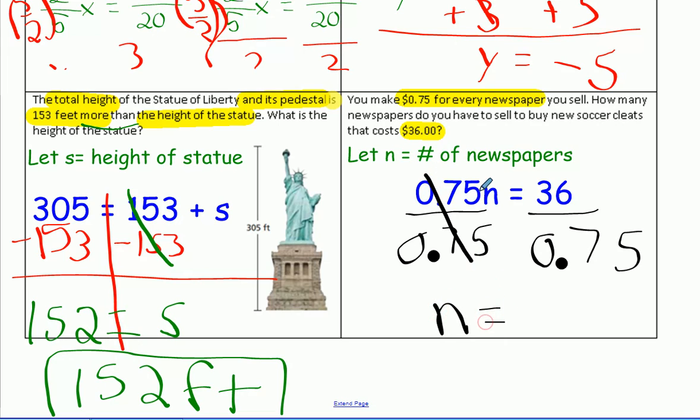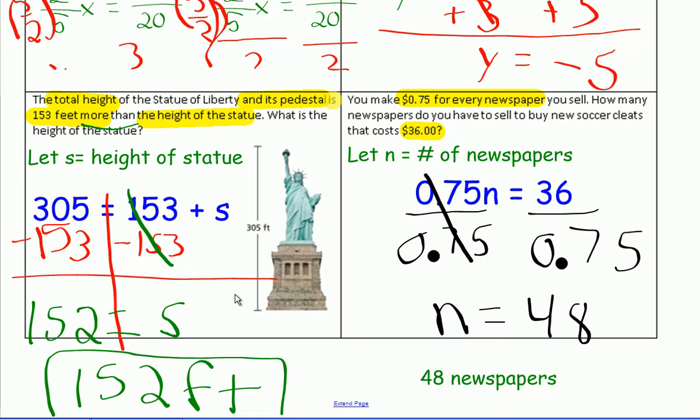I will get 1 when I divide 75 cents divided by 75 cents. The other side, 36 divided by 75 cents in my calculator gets me, and again, labeling my final answer, looking back at my let statement, N is the number of newspapers, so I'm going to write 48